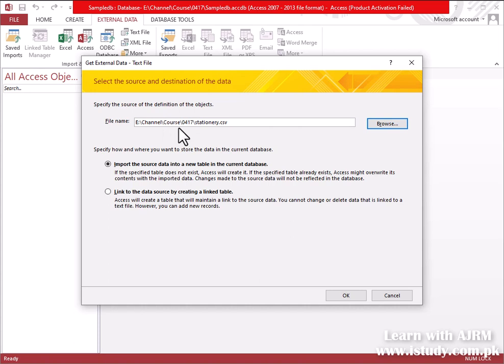Before proceeding further, I want to point out a mistake that is sometimes made by students. You can see that there are two radio button options on this screen. The first one says import the source data into a new table in the current database. And the second one says link to the data source by creating a linked table. By default, the first option is selected. If you select the second option by mistake, you will not be able to carry out many of the later activities in the database. So with the default option selected, we click on the OK button to go to the